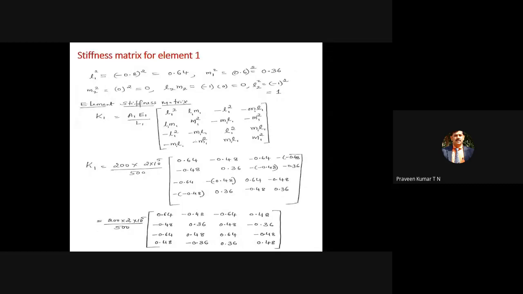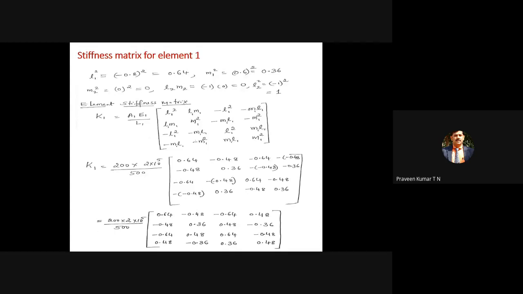And similarly for element 2 also, find out M2 square, L2 square, L2, M2 separately, so that the substitution will be easy and you can reduce one or two steps instead of writing the complete matrix. So now, after knowing the values of L1, M1 and M1 square, this is the formula for the stiffness matrix. This formula you have to remember. The multiplication factor for the stiffness matrix of the truss element is the same as the bar element, that is nothing but AE by L1. This is the stiffness matrix for element 1.